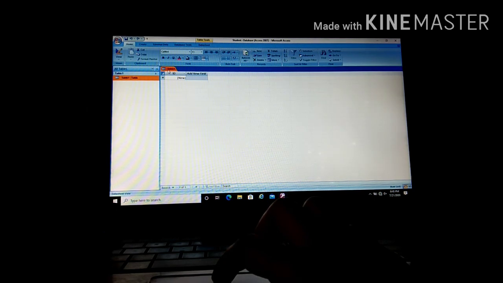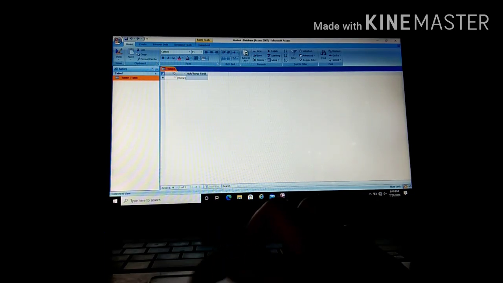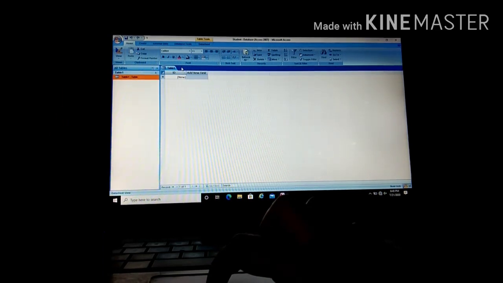Now the next, this one is called a tabbed bar. A tabbed bar is used to display the database objects in a tabbed document rather than overlapping windows. Here Table1 is there. Suppose I create forms or reports or queries, when I open them they will be shown here. Now Table1 is there. When we have different things, that will also be shown here.